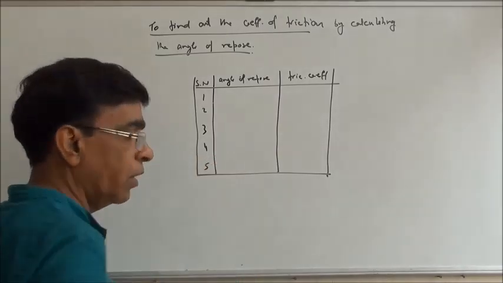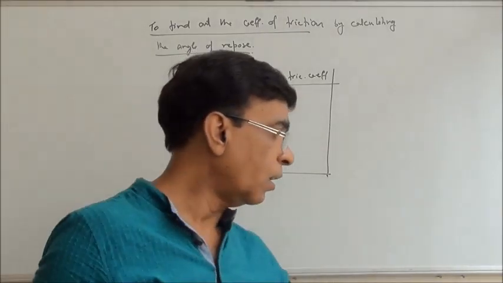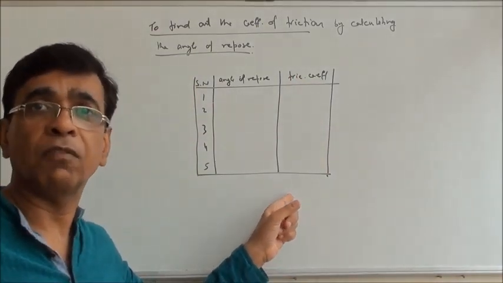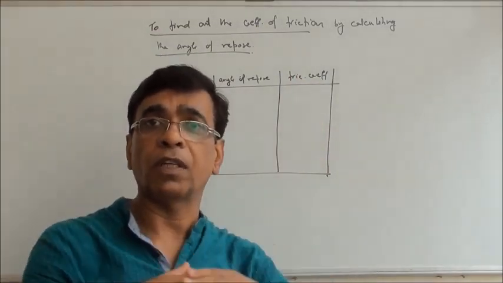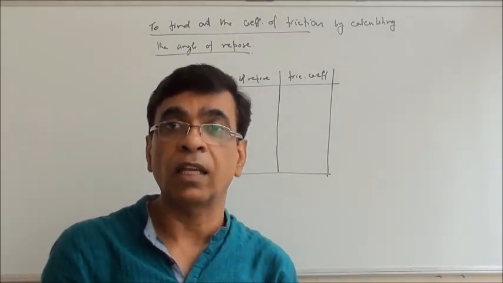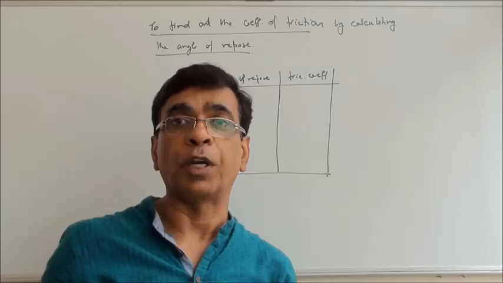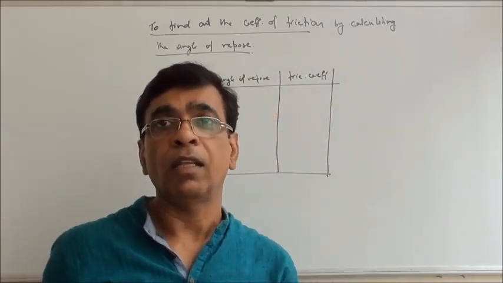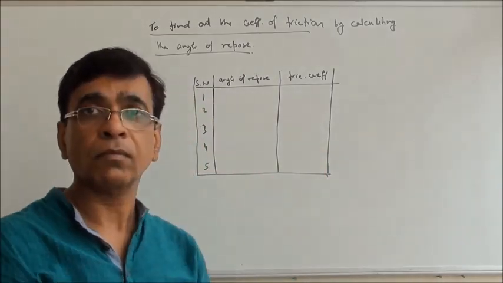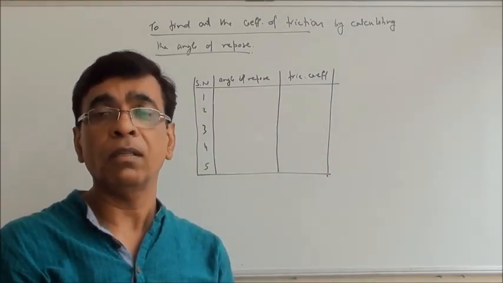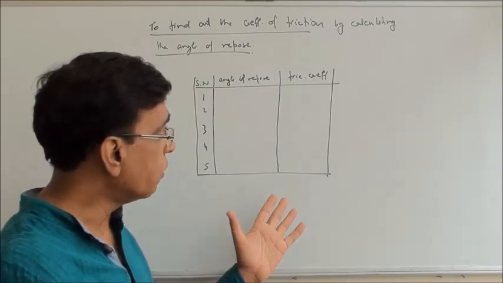You can take 5 readings and then take the average of all friction coefficients. The purpose of taking 5 readings is because the coefficient of friction depends on the roughness or smoothness of the surface, and that may not be the same at all points. So keep the objects at different positions and then take the average. So that's it. You do these 2 experiments, write them in the practical file. Take the observations yourself.